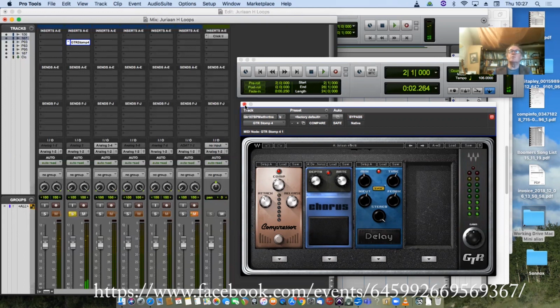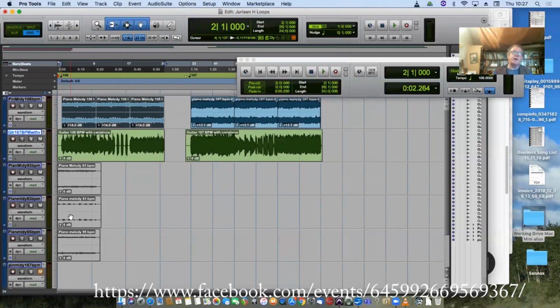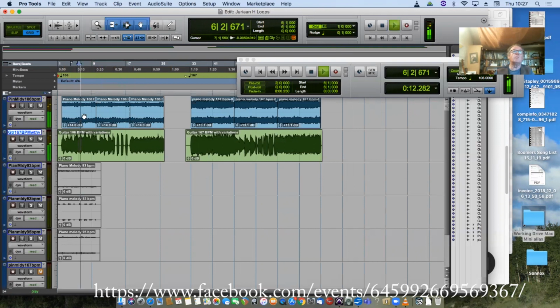So you just get the raw guitar, because he might want a different level of compression or a different delay type, whatever. So I'm going to give the client the options, and this is one of the keys to doing online sessions. Think of the options that the producer might want and supply them. So I did the first loop like that, just playing it straight, really. And then the second loop, I did this.